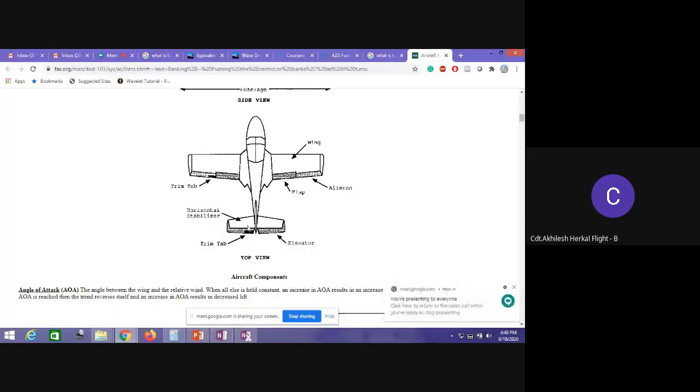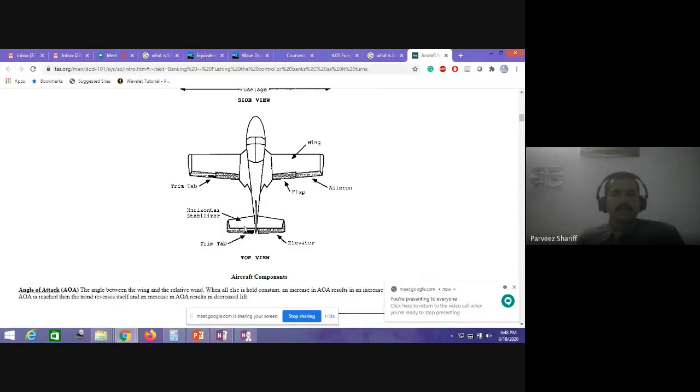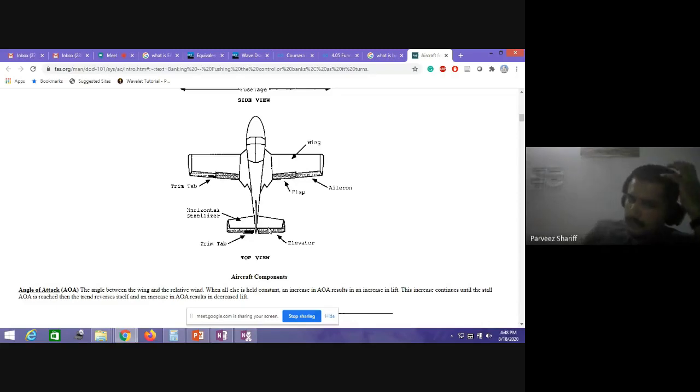This is the entire section, we call it the tail section, and this fixed structure we call the horizontal stabilizer, and this movable structure we call the elevator. This shaded gray area is called the elevator, and this fixed structure, shown in white with a black border, is called the horizontal stabilizer. This doesn't move. This concept changes in fighter aircraft, for a supersonic aircraft, because there is no horizontal stabilizer in the supersonic aircraft. It is completely an elevator itself.